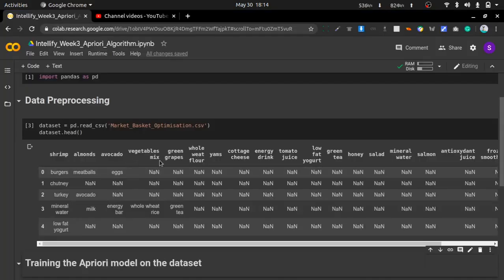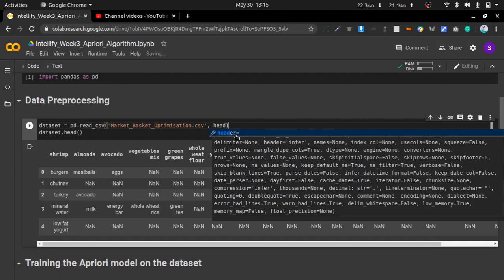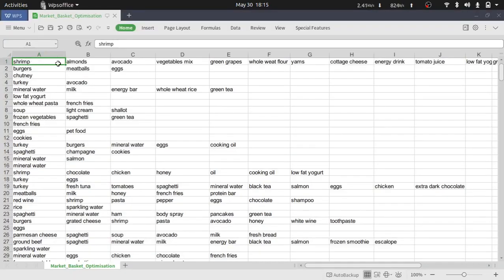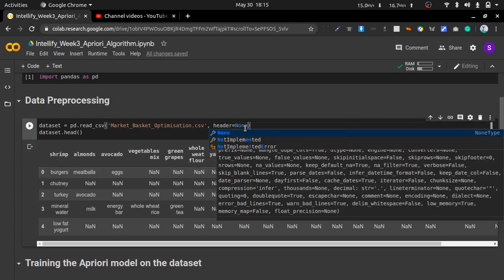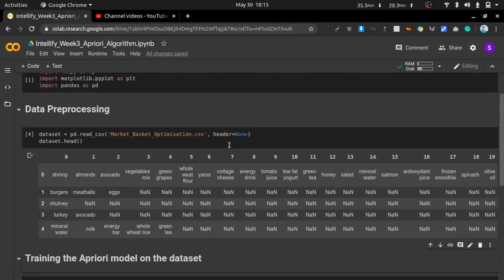We don't want this, so we want to tell Python that this dataset has no column names. For this, the parameter is header. By default header is set to the 0th line and it will consider it as the column names, but we don't want that. So just set header equal to None, so it will consider that there are no column names.